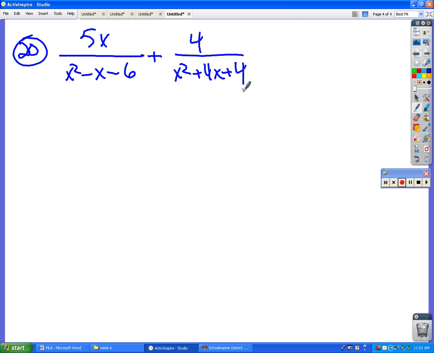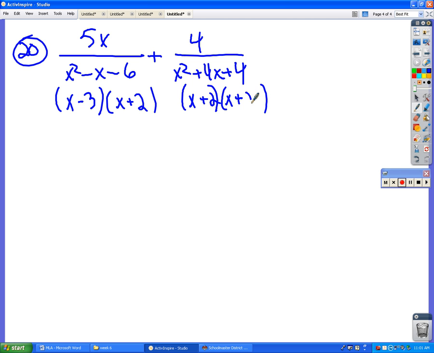This is gonna be a hard one, huh? Okay, 20. No, not really. Wait. That factors into x minus 3 and x plus 2. Okay? And this factors into